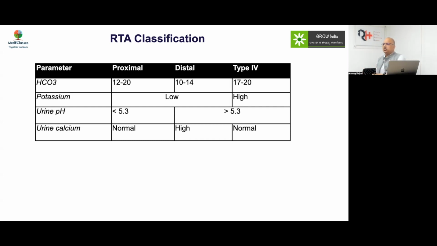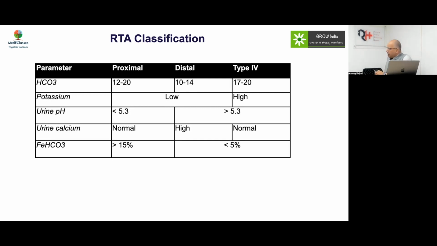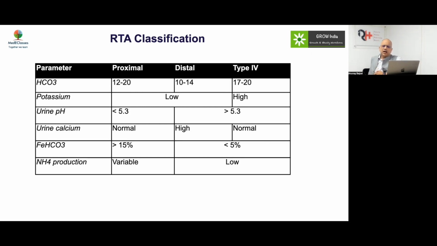Why do you have hypercalciuria in RTA? So, the major cause of hypercalciuria, hypermagnesiuria and everything is because of your sodium. So because of that gradient, you have a problem. So potassium is being lost, all the positive ions will be lost. This is part of the RTA picture. So FE bicarb, as I said, will be high in the setting of proximal RTA as compared to the other forms, and ammonium production will be low, especially in the distal RTA.